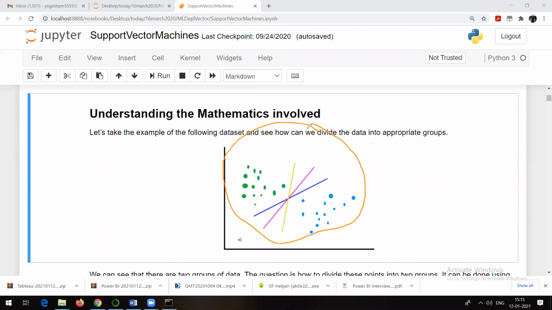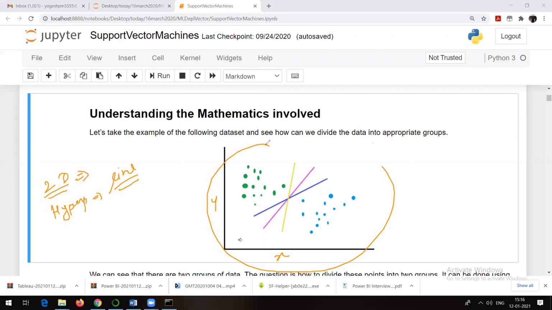Now the client is asking you to classify this data. To classify this data, obviously you are going to require some parameter, some point. Now just check how many dimensions there are: x-axis and y-axis. That means it's two-dimensional data. As it's two-dimensional data, what will be the size of the hyperplane? Hyperplane is going to be 2 minus 1, that is, the hyperplane is going to be a line.